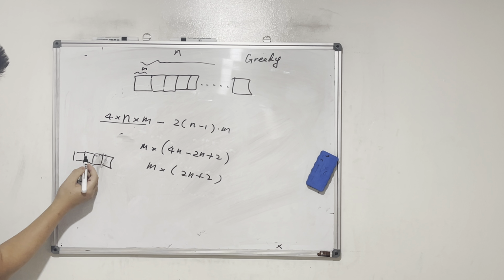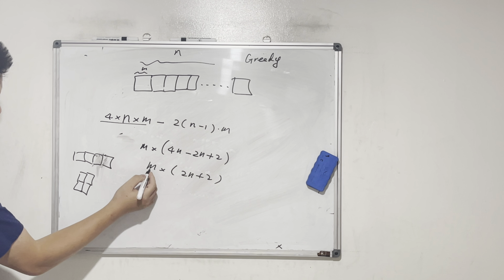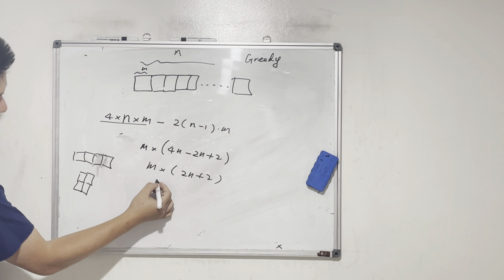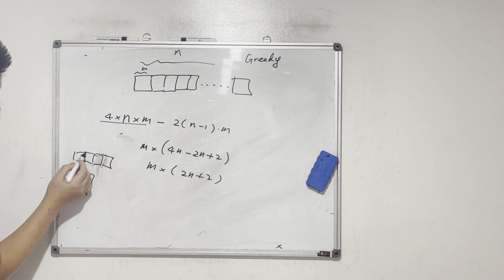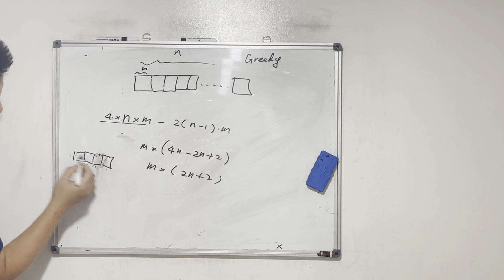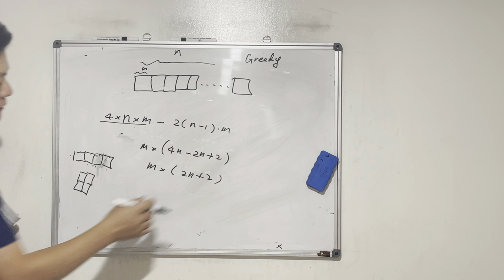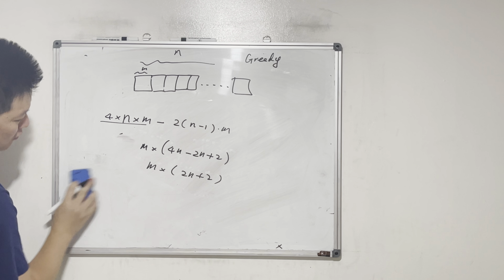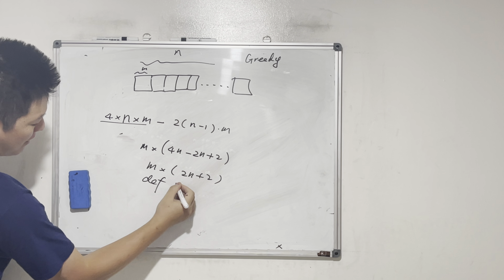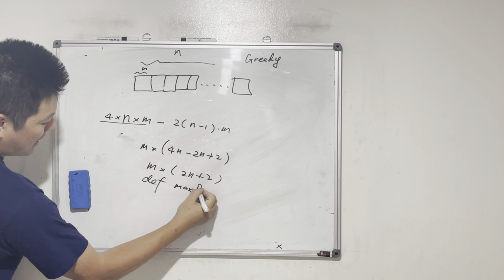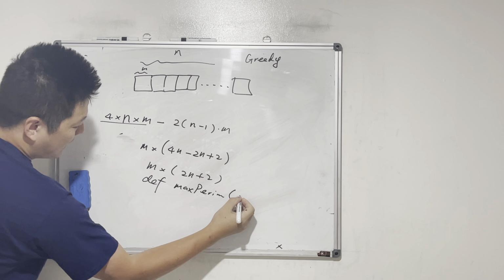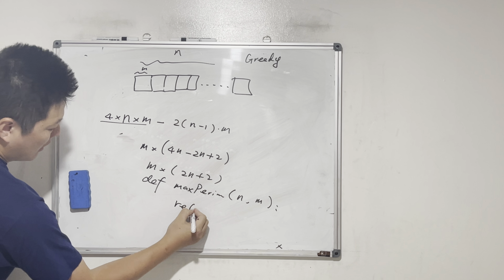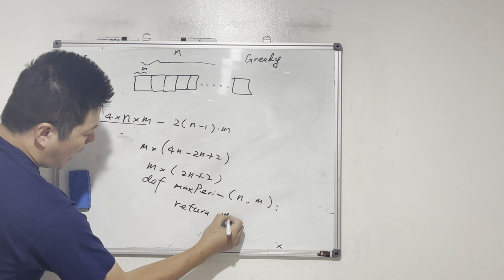How many edges if m is 1? 2 times 4 plus 2 is 10. 1, 2, 3, 4, 5, 6, 7, 8, 9, 10. Got it? So if we want, we can just write this: define maximum perimeter, with n squares, each side is m, and we just return n times